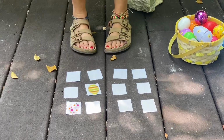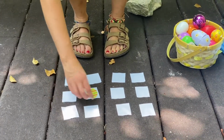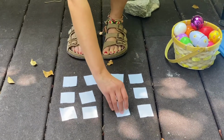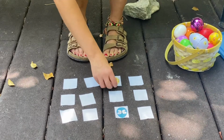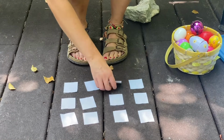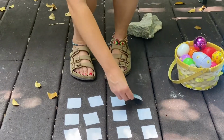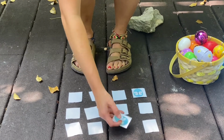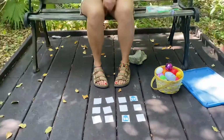Do these 2 match? No. Let's try again. No. I found this one already. I think it was right here. So that counts as a match. So you can play at home by printing it out and cutting out the shapes and flipping them over and